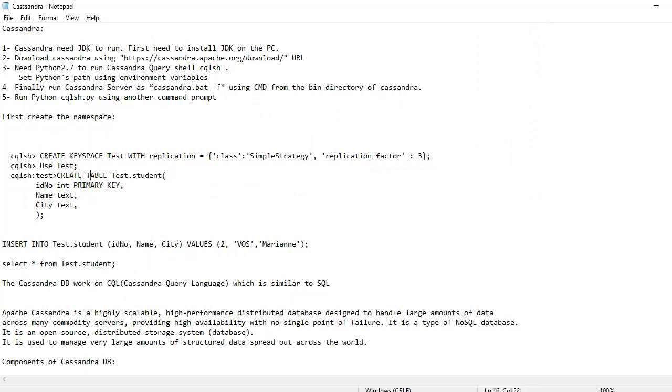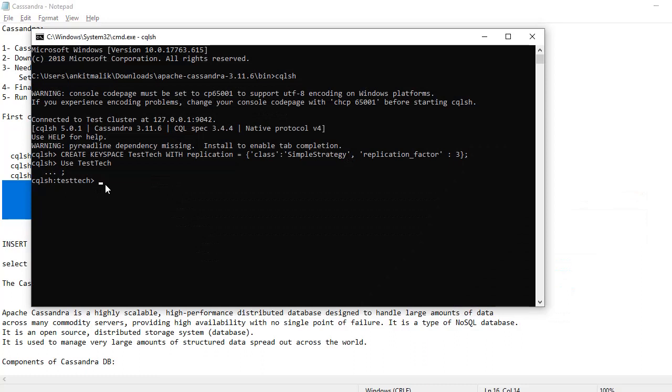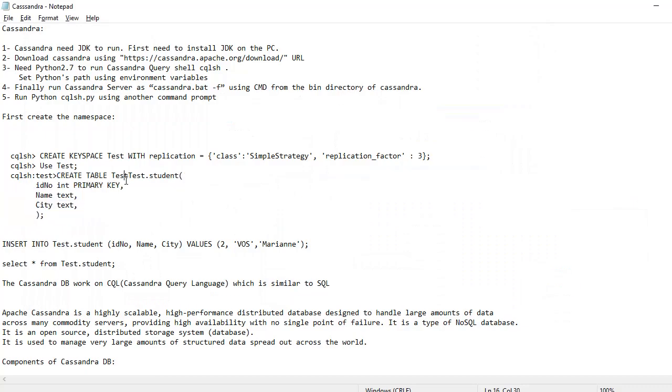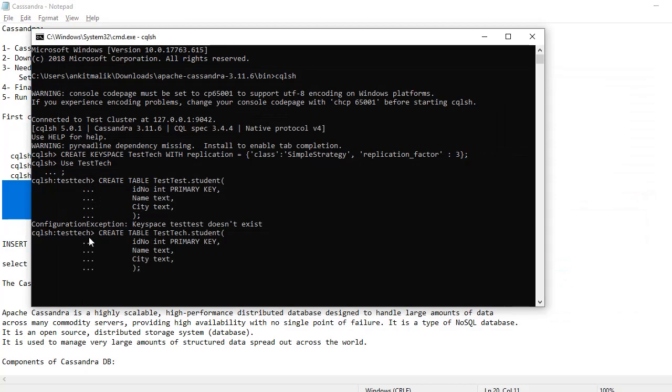We can create a table in this testtech keyspace using this create table query. Now the table is created.